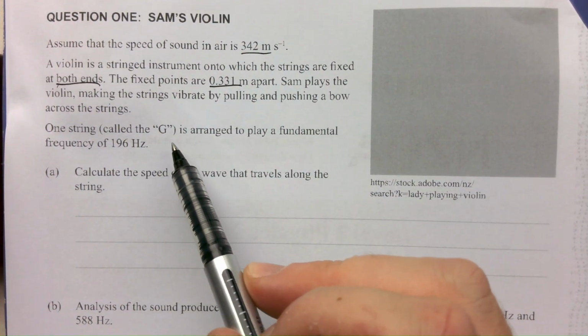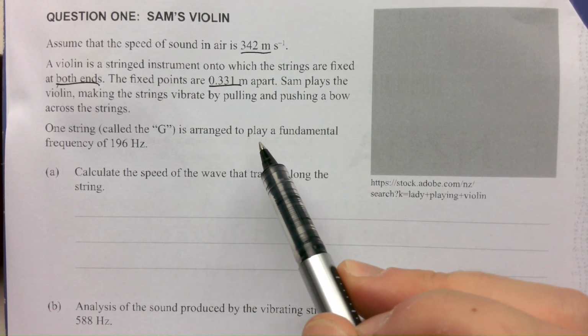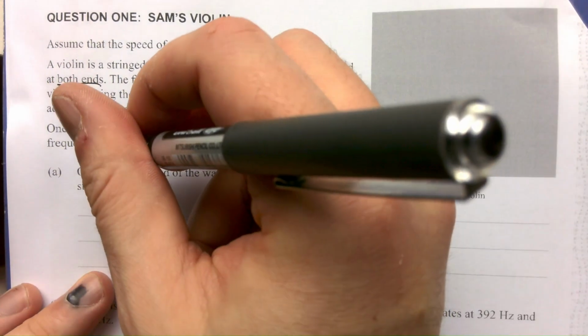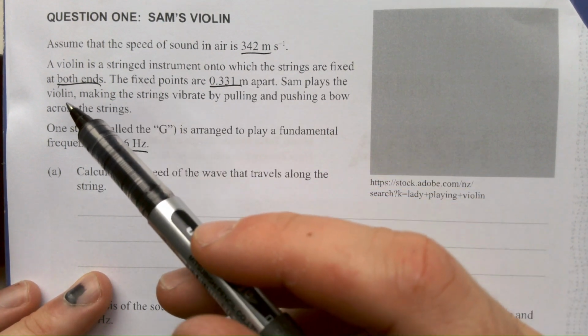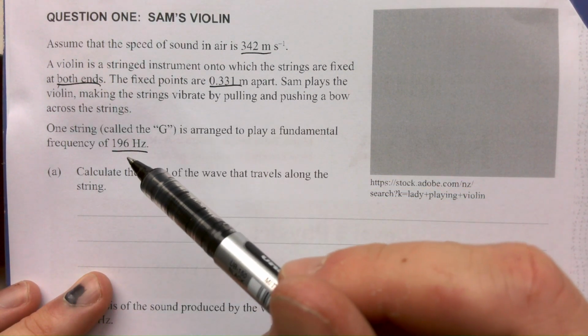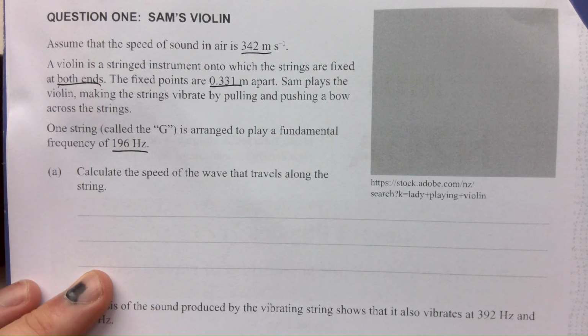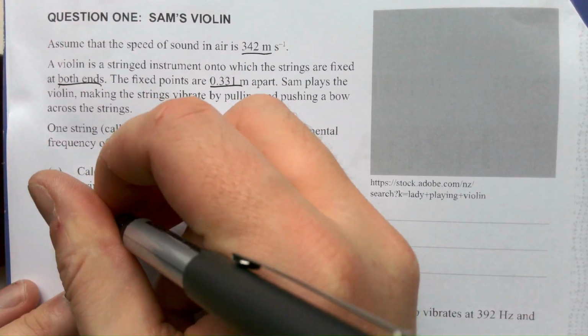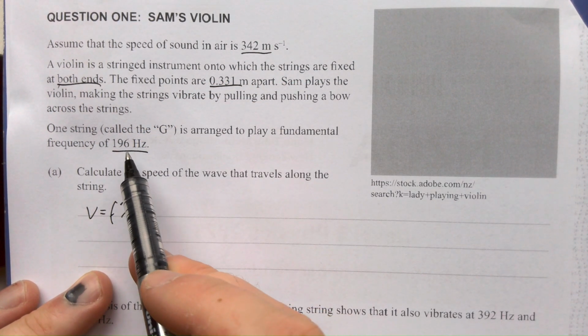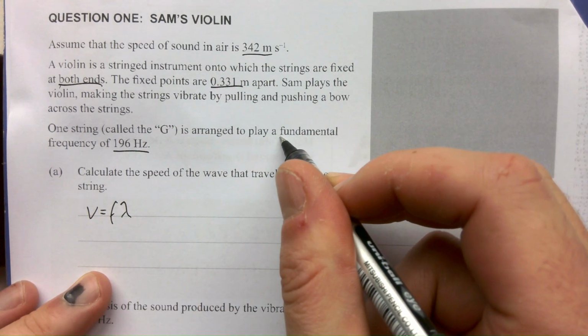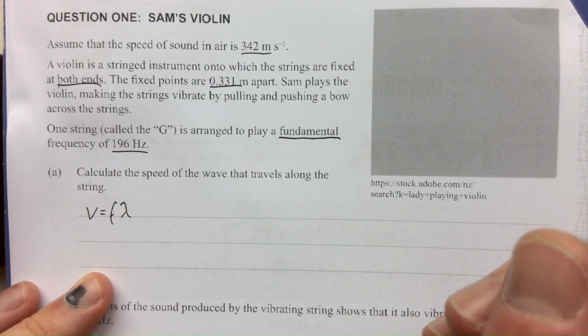One string, called the G, is arranged to play a fundamental frequency of 196 Hz. Calculate the speed of the wave that travels along the string. Now, we're given quite a lot here. We're told the speed of sound, we're told how far apart the points are, and we're told the frequency. Now, our wave speed equation is v equals f lambda. Now, we're told what the frequency is here, and because this is a fundamental frequency, it means that even though